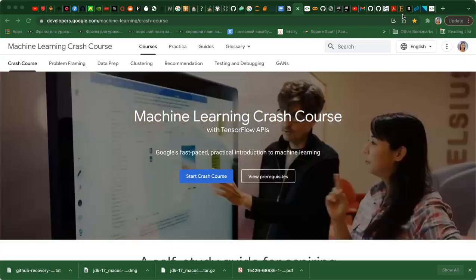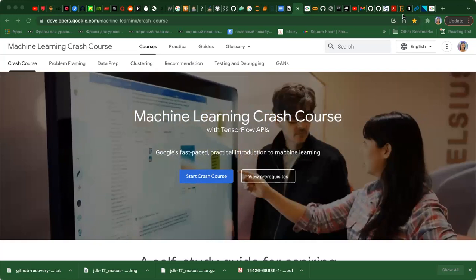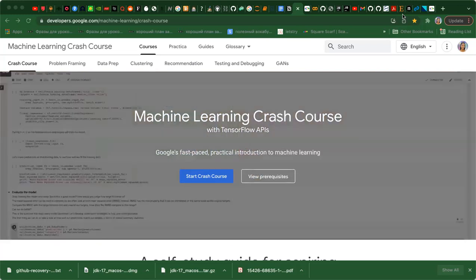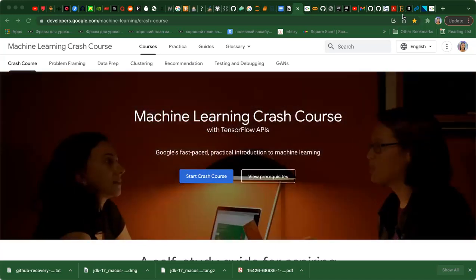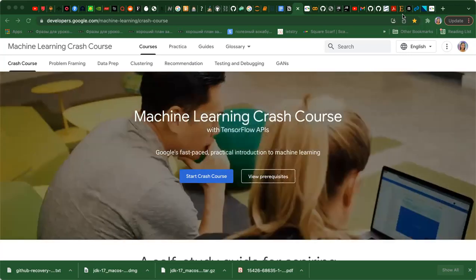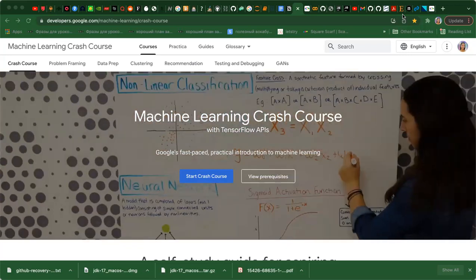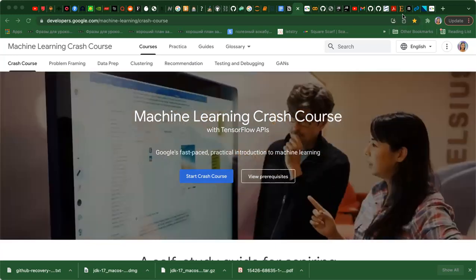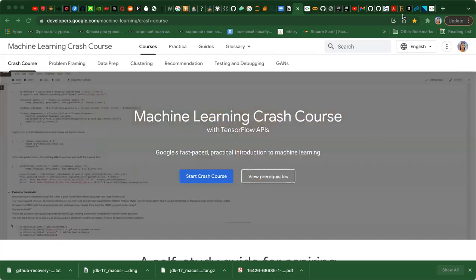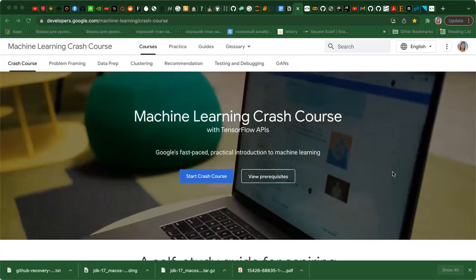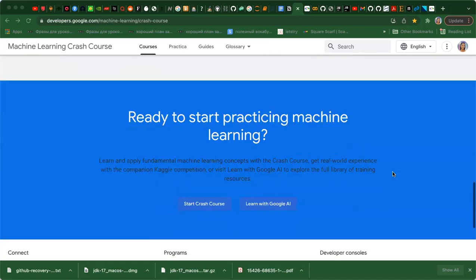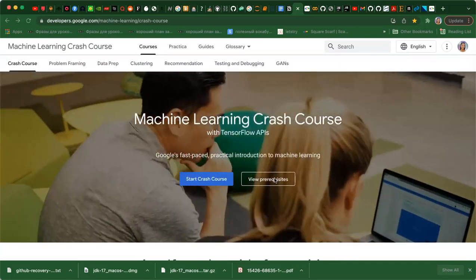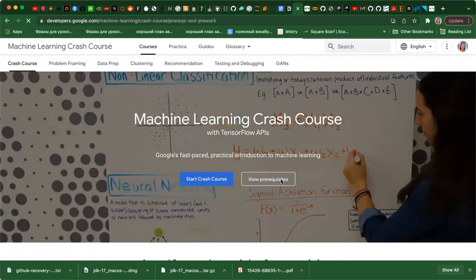Okay, so this is the first machine learning study jam today. And we had already got some introduction to machine learning during our info session. And because we have different students now, and this is the first time we are starting to learn machine learning, I would like to start from basics. First of all, I would like to go through the prerequisites. I will share this website later on.